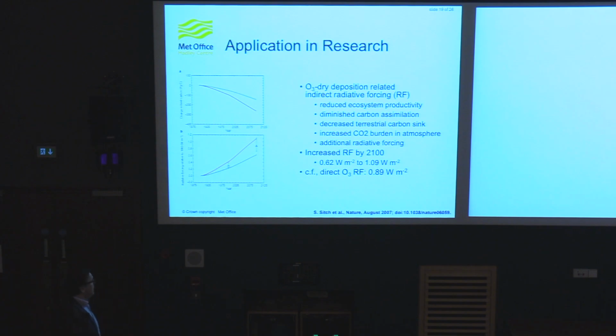In their study, Sitch et al. found that by 2100, using the most pessimistic scenario, the extra contribution of this indirect forcing process, because you're not directly releasing CO2 but indirectly affecting its concentration in the atmosphere, and we call these processes indirect forcings,